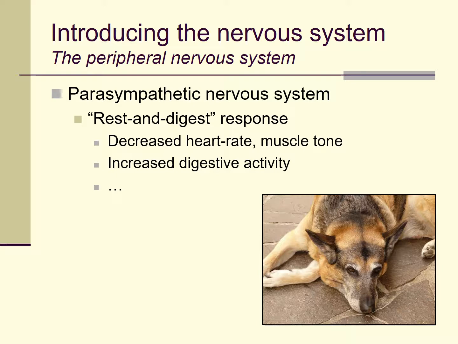But then that animal captures and kills its prey. Now it needs to relax, and it needs to be able to eat and digest food for that calorie source. And so decreased heart rate, decreased muscle tone, increased digestive activity, and so on, to allow the body to, as efficiently as possible, rest, digest, maybe recover from stress or injury, and so on.